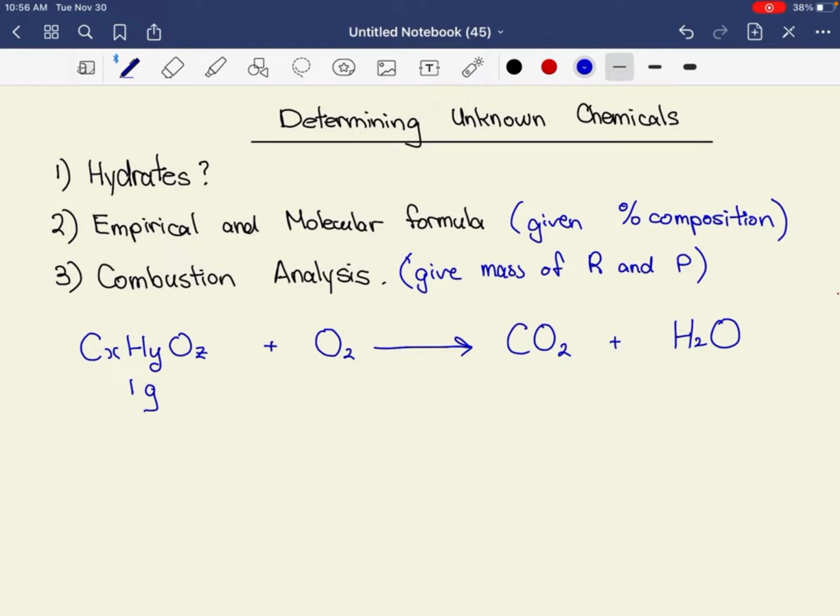All right. Let's see here. 1 gram of CxHyOz